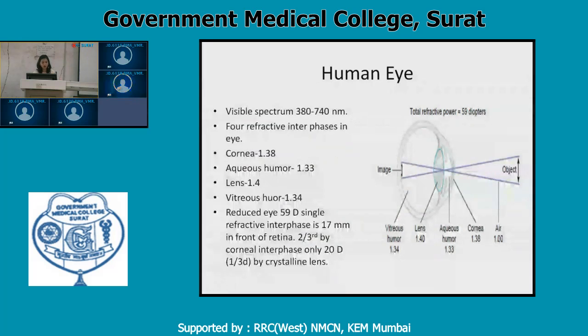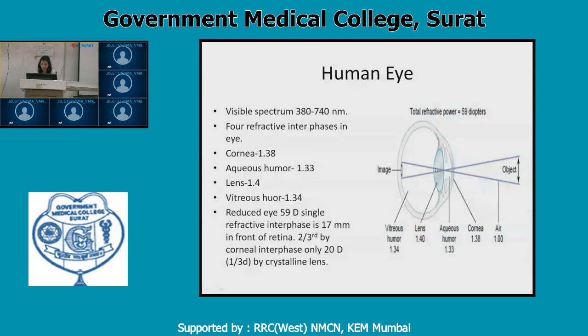Beyond that, the human eye cannot appreciate the colors or the presence of light. We have already studied the anatomy of the human eye, and we know that there are 4 refractive interfaces. First one between air and the cornea. Second one between the back surface of the cornea and the aqueous humor present in the anterior chamber. Third interface is between the aqueous humor and the anterior curvature of the lens. And fourth one is between the posterior curvature of the lens and the vitreous humor. As we can see in this figure, there are 4 interfaces in the human eye.